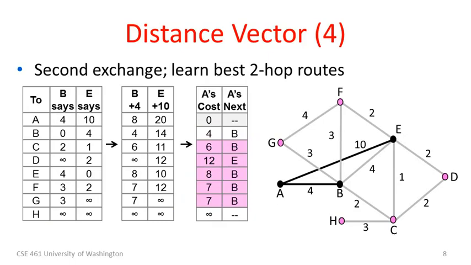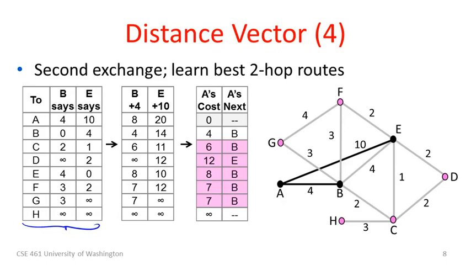Okay, next iteration. Well, in this second exchange, we're actually going to end up learning all of the best 2-hop routes. If you were observant, you might have noticed that in the last round, A learned all the 1-hop routes from it, really how to reach B and E. Now we'll learn all of the 2-hop routes. B and E are going to send their vectors to A. The tricky bit for us is actually to work out what's in these vectors. If you ran the algorithm yourself and you emulated it from the point of B or E, you'd know what's in their vectors. I think you're just going to have to take my word at it